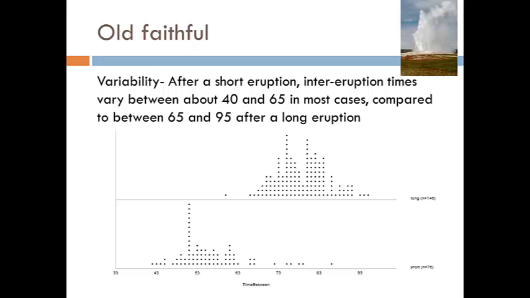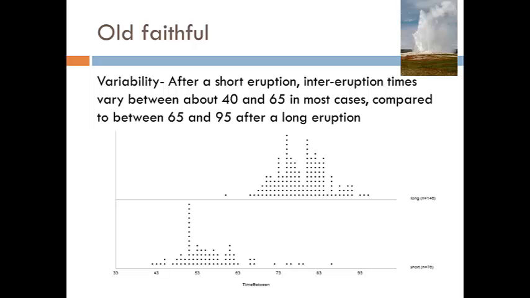In the top dot plot, we have the interruption times for Old Faithful geyser after a long eruption. In this dot plot, we see that most of the observations are occurring between 65 and 95 minutes, meaning that after a long eruption, one that's lasted more than 3.5 minutes, Old Faithful typically takes between 65 and 95 minutes